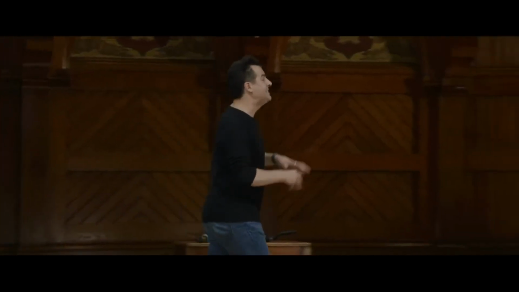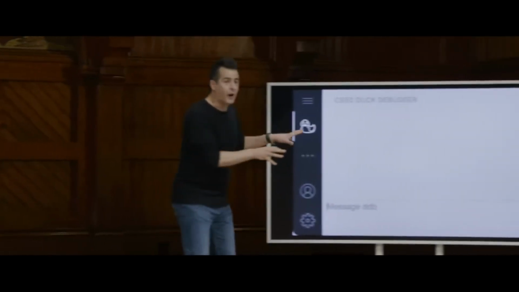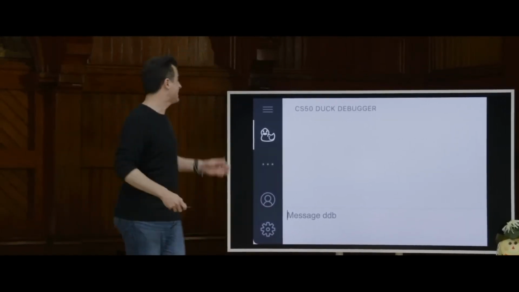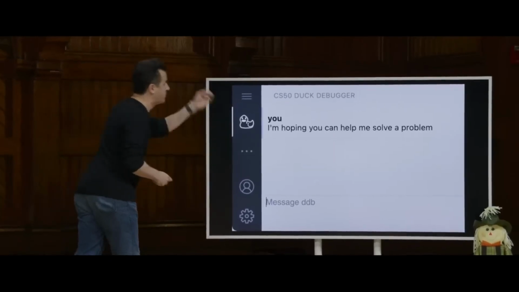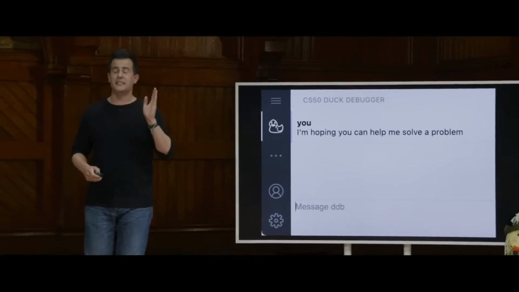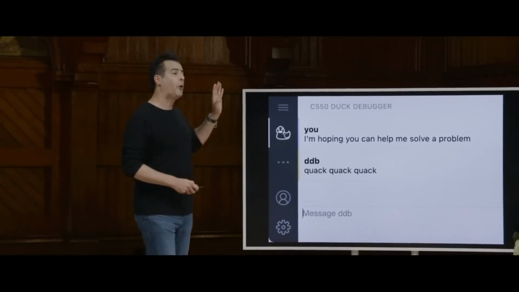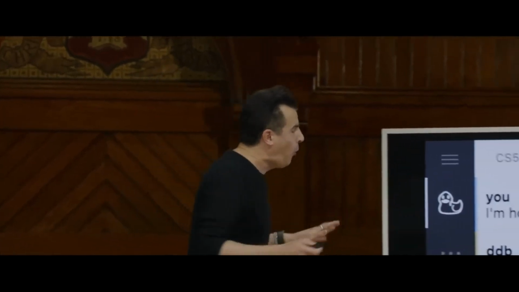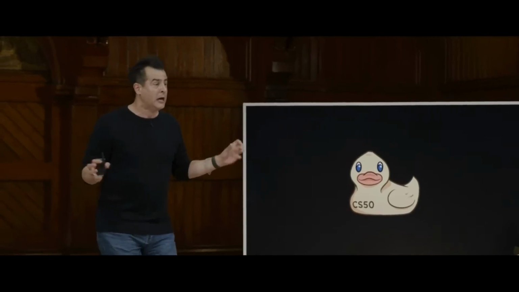Now, for students online for some time, CS50 has had a digital version thereof, whereby in the programming environment that CS50 students use, for the past several years, if they don't have a rubber duck on their desk, they can pull up this interface here. And if they begin a conversation like, I'm hoping you can help me solve some problem, up until recently, CS50's virtual rubber duck would simply quack once, twice, or 3 times in total. But we have anecdotal evidence that that alone was enough to get students to realize what it is they were doing wrong. But of course, more recently has this duck, and so many other ducks, so to speak, around the world, come to life, really.